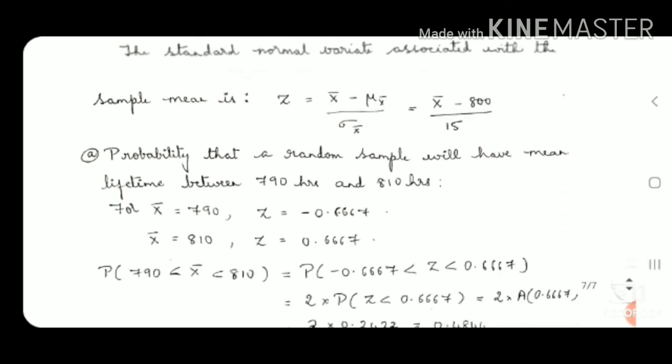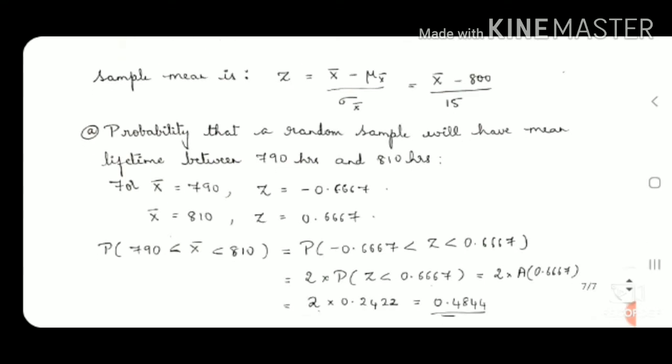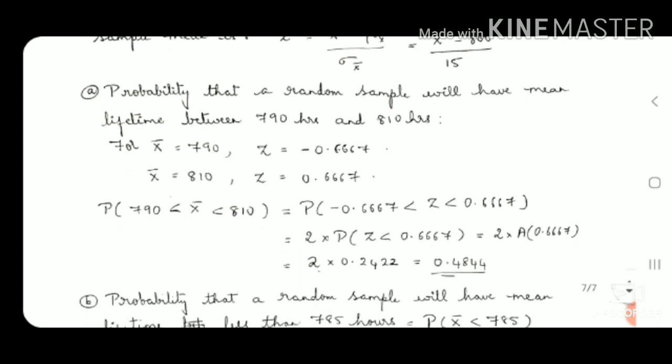So we substitute x bar in z and we get z lies between minus 0.667 and plus 0.6667. By the normal distribution table, we get the probability that a random sample will have a mean lifetime between 790 and 810 as